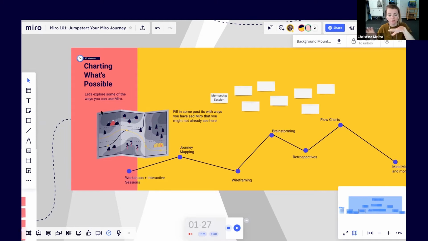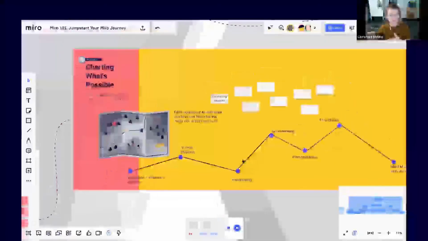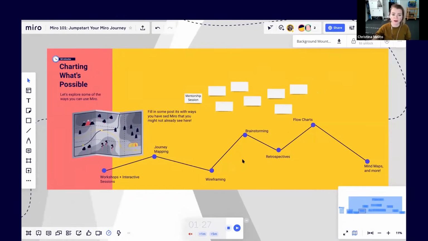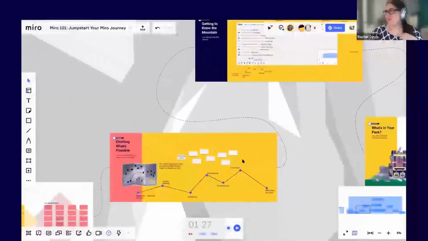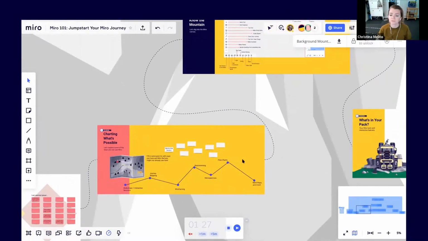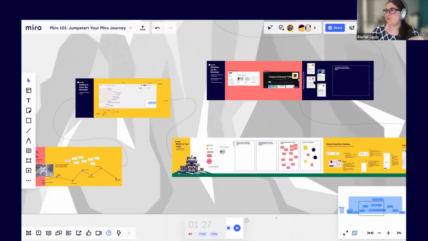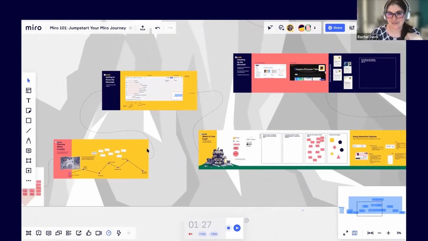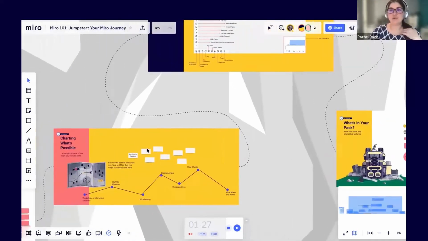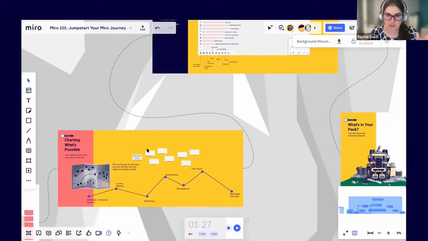Are the various formats that you're speaking about, can you find free templates for some of these facilitation techniques? Yep. Yes, and we've got a whole board on that coming up here. And we've got a place for you to share any templates that you like as well. So yes, there are tons of templates to start with.